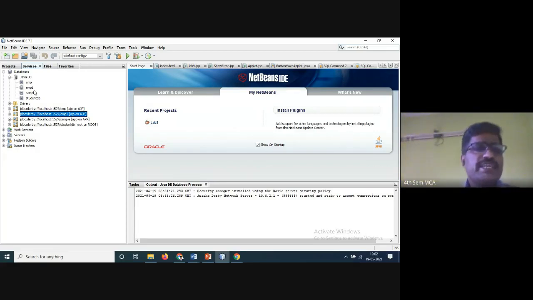When you have created EMP1, one more driver entered here. So JDBC Derby localhost 1527 EMP1 and AJP on AJP. So username and password, there it will be displaying. We have given the username as AJP and the password also AJP. Is it clear now?